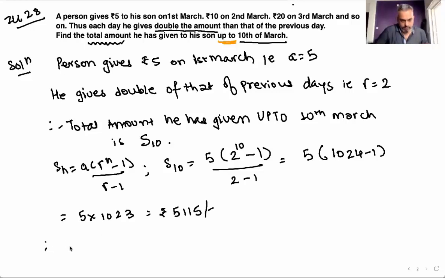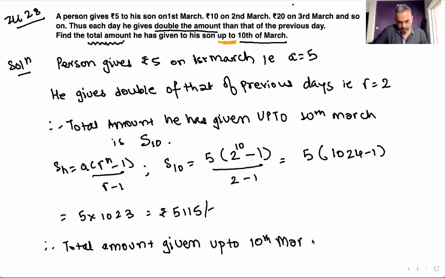So total amount given up to 10th March. Here, up to is a very important word. Up to 10th March is equal to rupees 5115. Hence,